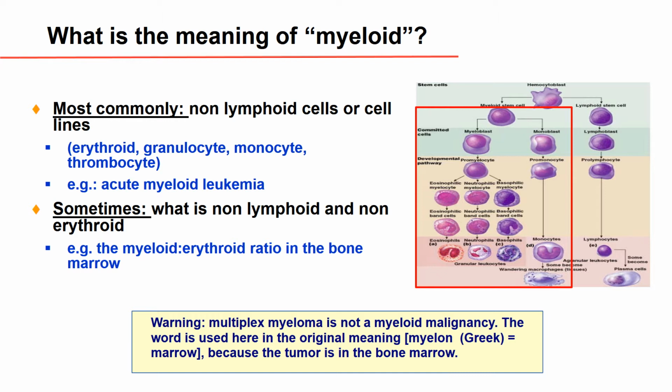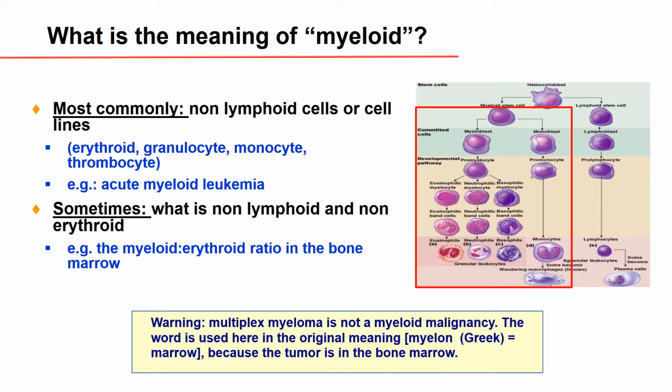And this is how we have, for example, in a case of acute myeloid leukemia, because these are the subpopulations of acute myeloid leukemia. Sometimes, however, we say what is non-lymphoid or non-erythroid. You can find this one, for example, in the myeloid to erythroid ratio in the bone marrow when we discuss chronic